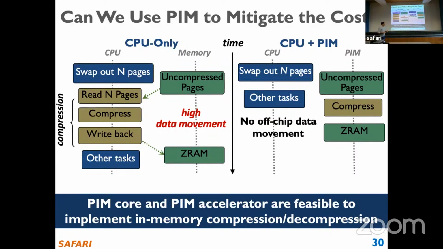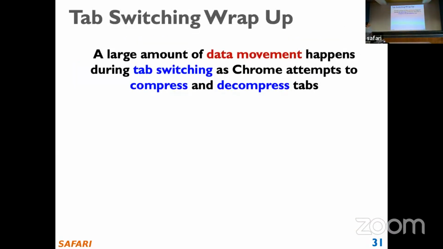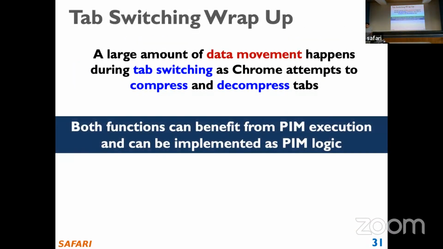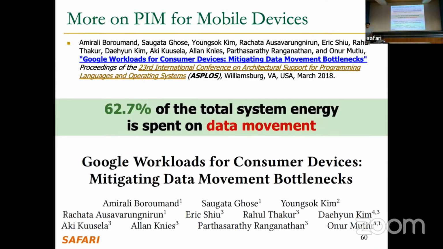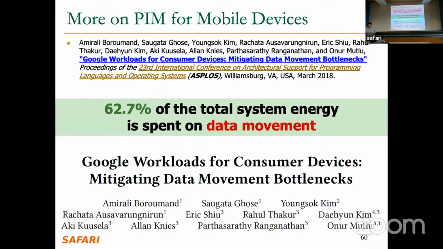And that can be done while, at the same time, saving a lot of costly data movement. So that's the basic idea. A large amount of data movement happens during tab switching due to compression and decompression, and both functions can be implemented in PIM, so they can benefit from PIM execution and be implemented as PIM logic. And that's the main takeaway of this work: 62.7%